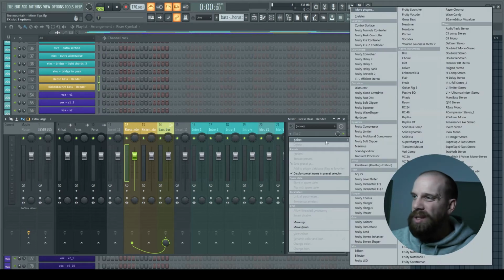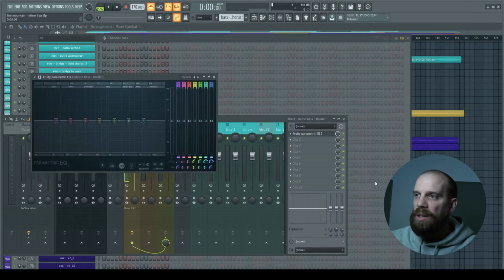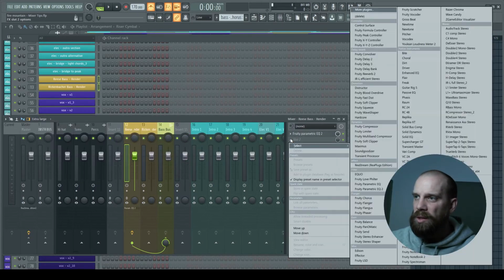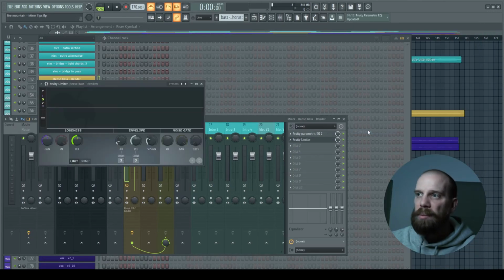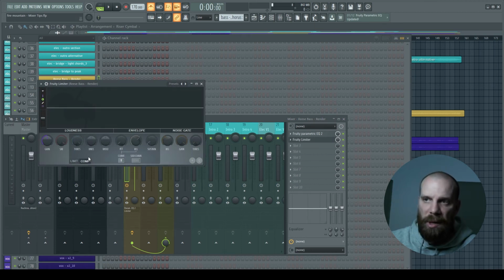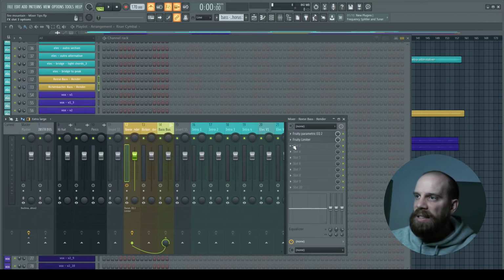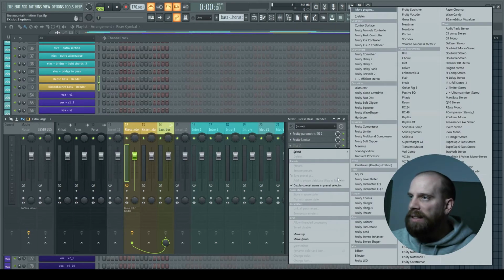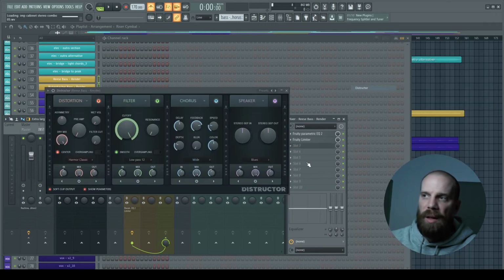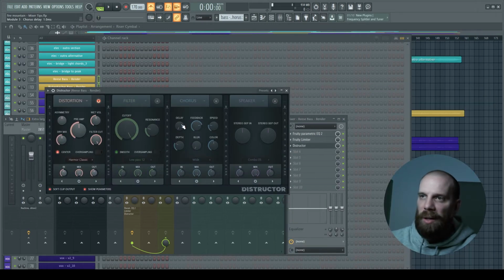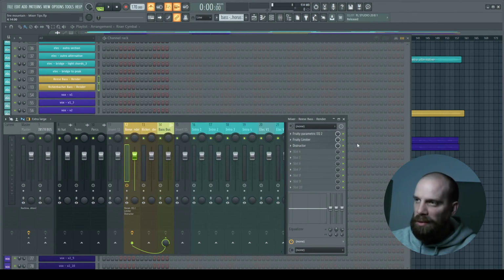And for this one, I'm just gonna go ahead and bring up an EQ. And then I'm gonna also bring up a limiter, but we're gonna use the compression side of the limiter. So I'm gonna click on compression. That'll open up the compression controls over here. And then let's say I have one more effect. Let's say we just use a little bit of a distortion that we're gonna put on there. And I probably won't use much distortion on this, but it's just an example, so don't flip out in the